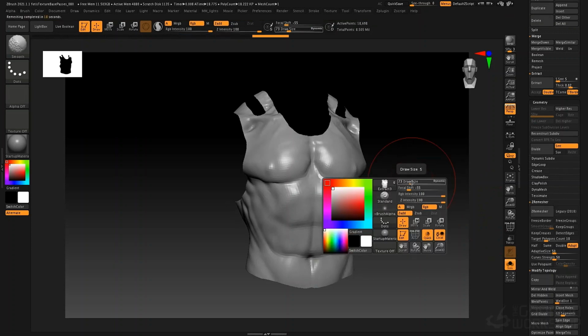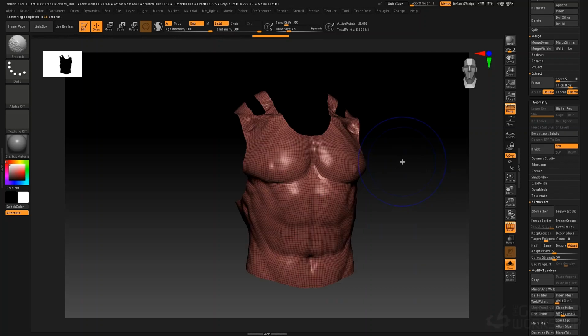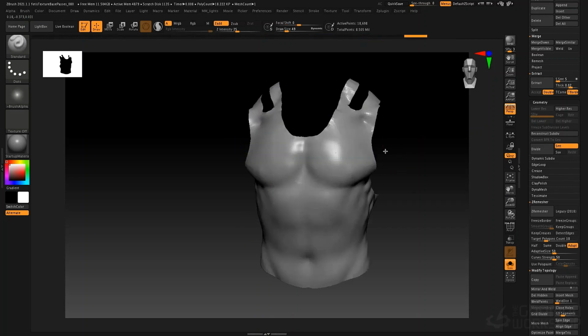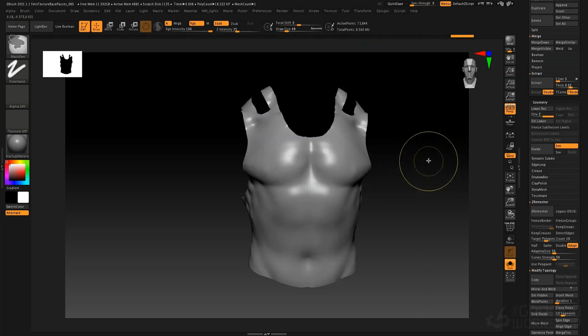You see that we have retopologized this now. If I go to Shift F, you can see our underlying topology. I could smooth this out if I wanted to take away some of those details. Maybe we just wanted to remove the underlying skin details. Now, another way that we can do this is if I undo that smoothing,